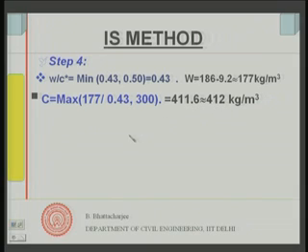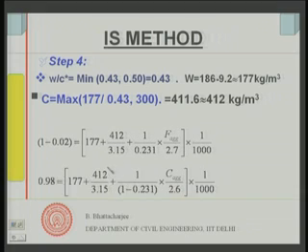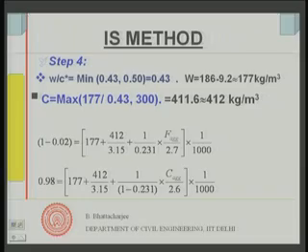So, that is my cement content after all adjustment, and then I have to find out what should be my volume of fines and what should be my volume of coarse aggregate, right. Now, volume of fines, you remember, we said that we find it out from this equation, where this represents,